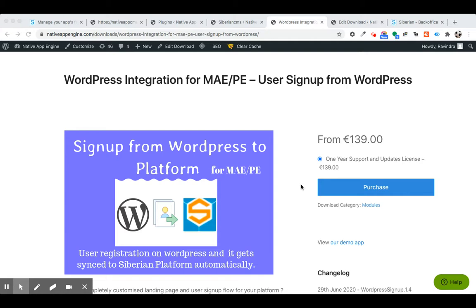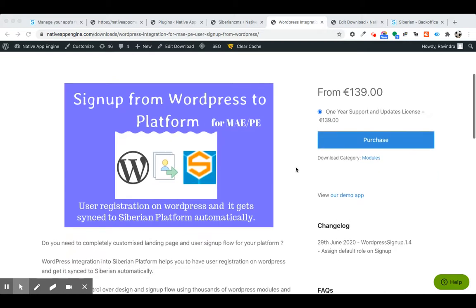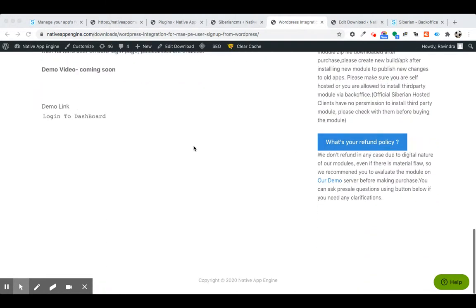So what this module does is that whenever a user creates an account on WordPress, we give you one short code which can be used in any page or post. You will create one login page on the WordPress website with our short code. Once you integrate that short code, when a user visits that page on the WordPress website, they will see one login link like this. You can customize the text.